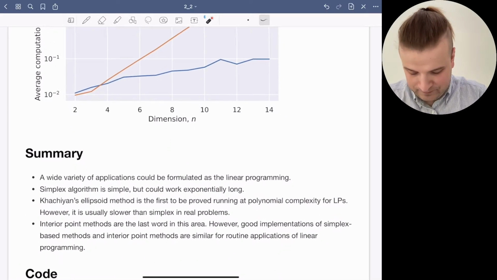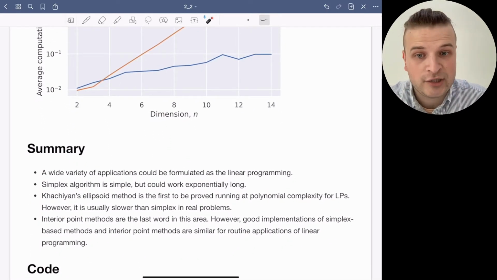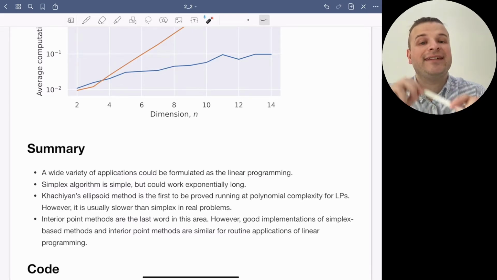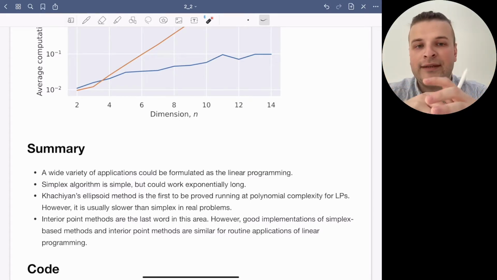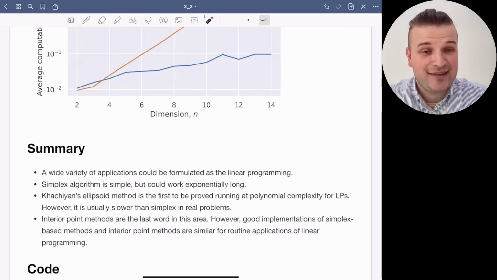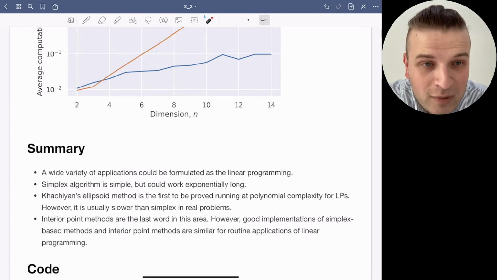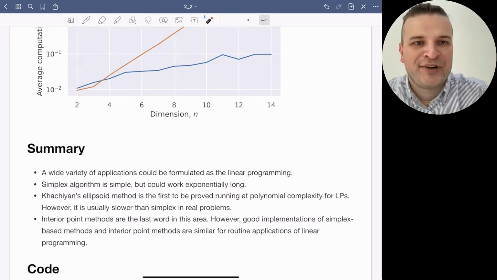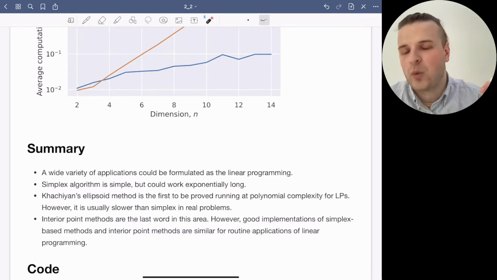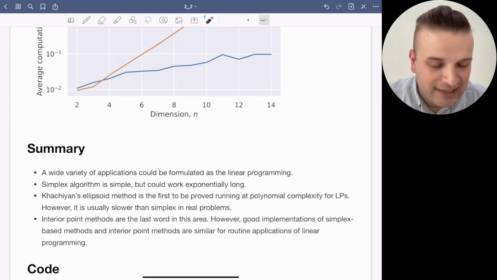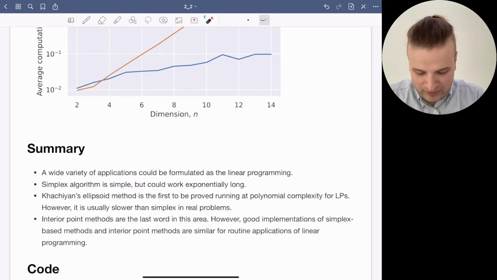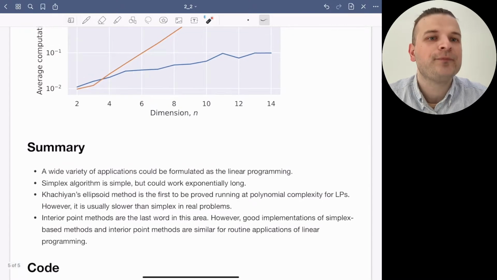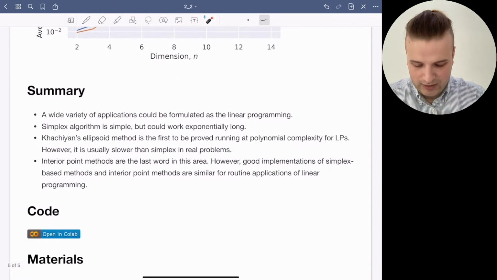But MIPT alumnus Leonid Khachiyan developed a method that was the first method proved to run in polynomial complexity for linear programming. But the dimension of the problem, starting from which this ellipsoid method works in practice faster than the simplex algorithm, is quite huge, like inapplicably huge. And that's why a lot of methods were developed for linear programming, and we